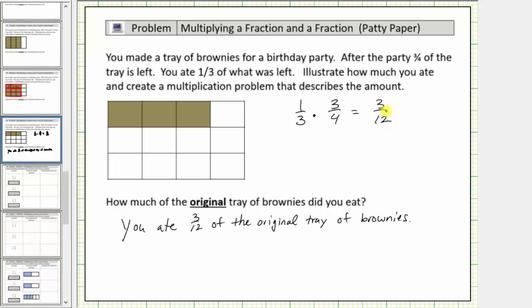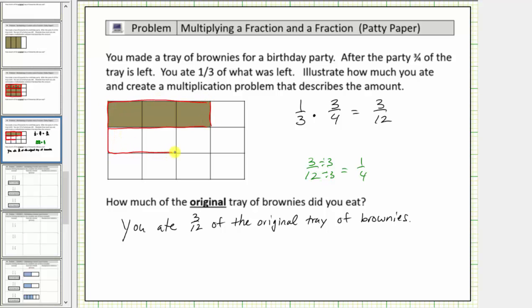But you might also recognize this fraction does simplify because 3 and 12 share a common factor of 3. If we divide 3 and 12 by 3, this shows us that 3/12 simplifies to 1/4. Let's go back to our model and see why this amount can also be expressed as 1/4. Notice how if we divide the tray into 4 equally sized pieces or parts, like this,